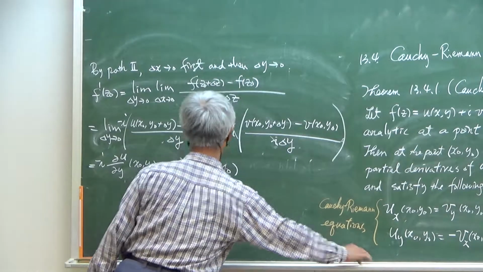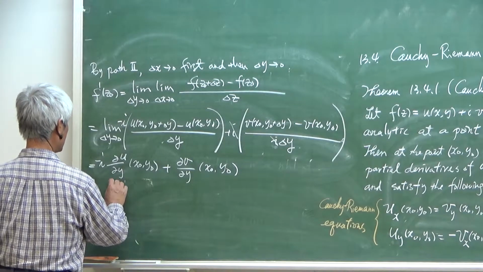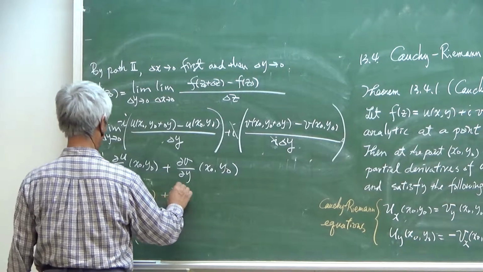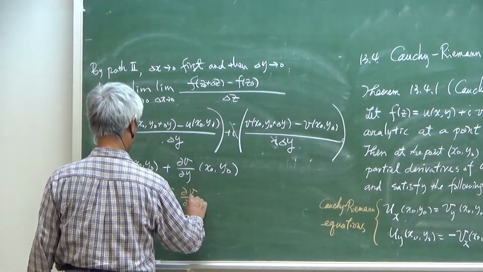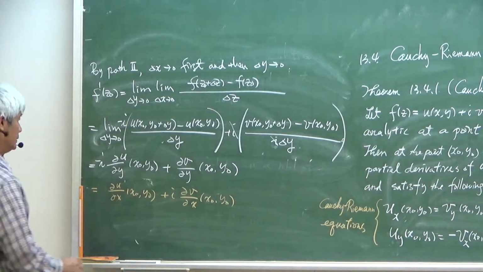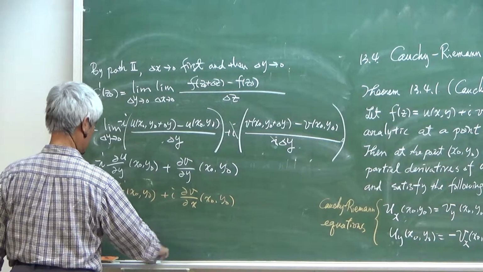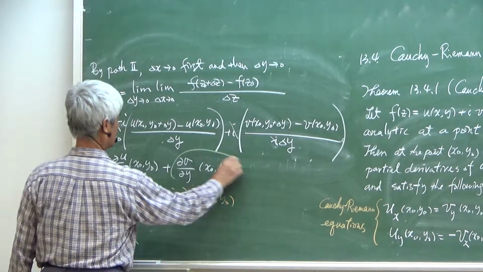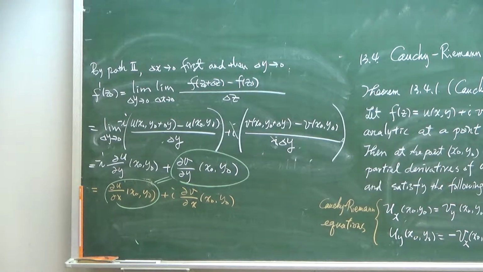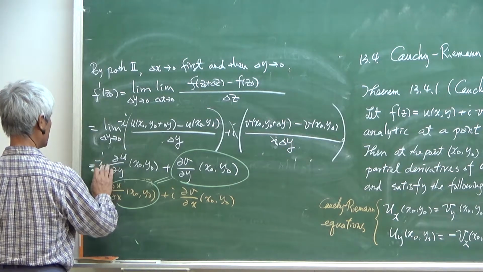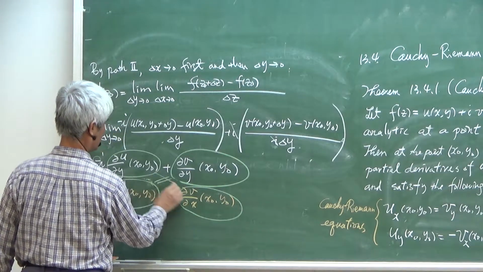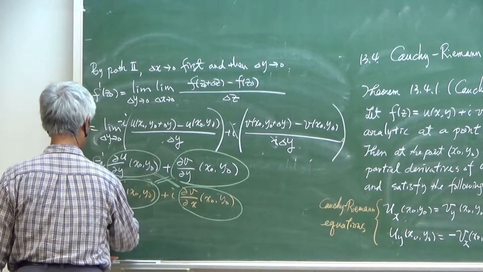Now we know this is equal to... Compare them, you will see that the two, because they are real parts, must be equal. And the minus i times this one will equal to this one. Okay? So we conclude that